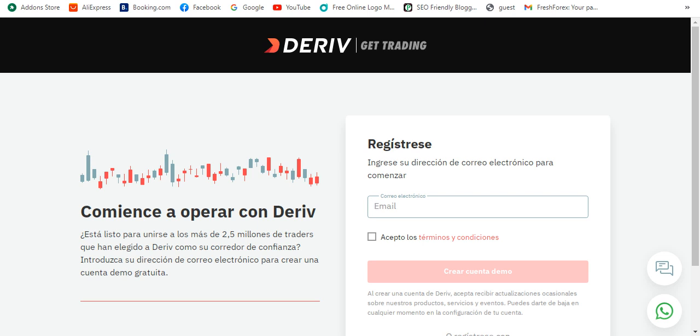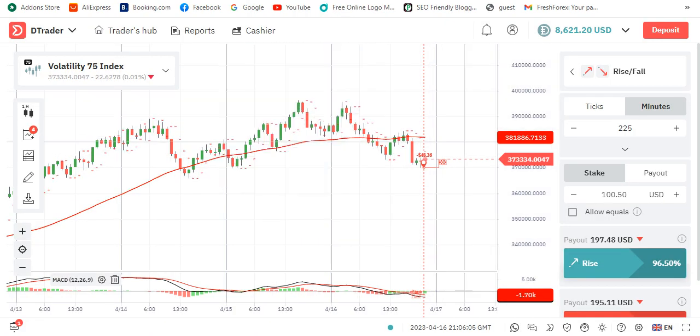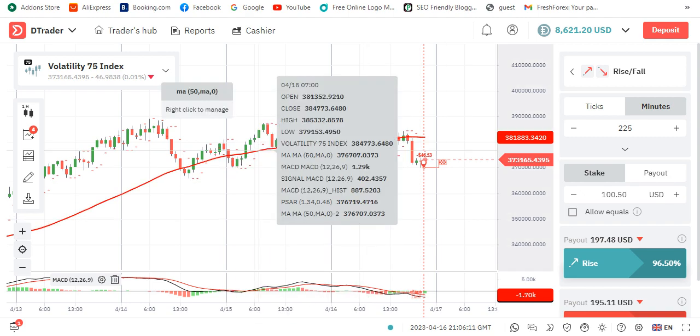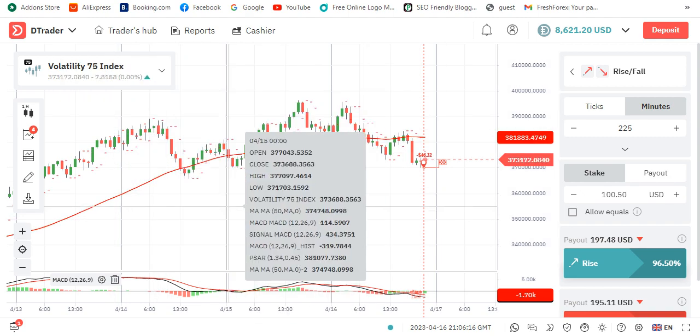Once you are done with account registration and funding verification, all you need to do again is to log into your account, and it will take you to where you can trade. So you open a platform like this. Okay, so by the time you open a platform like this, you will be